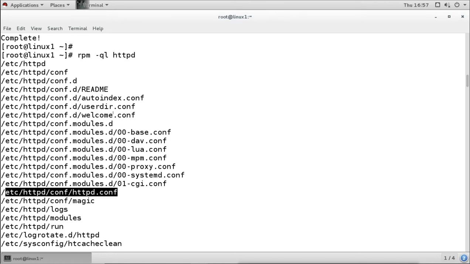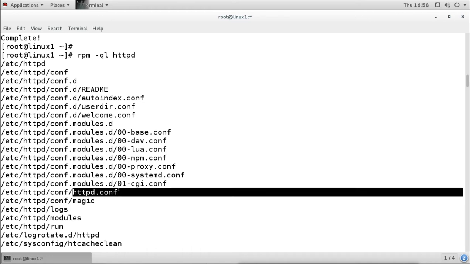Then another directory we have is called conf.d. Now this one is actually a drop-in directory for configuration files. If you edit the main configuration file directly, sometimes when this HTTPD package updates, these default configurations may change. That means the configuration we did in the main configuration file may sometimes change. So the administrators create additional configuration files in this configuration drop-in directory.